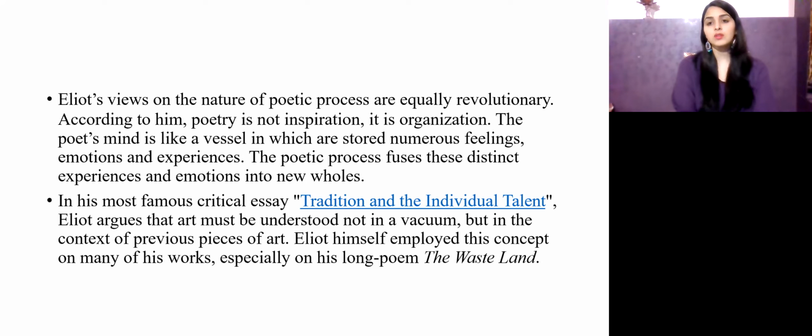Eliot himself employed his concept in many of his works, especially in his long poem, The Waste Land. So, the most famous essay is Tradition and the Individual Talent. He brought a lot of criticism in this, and he told the right way it should be approached, that is, it should not be understood in a vacuum. And he also allowed his own poetry to be criticized and corrected by people, especially the long poem